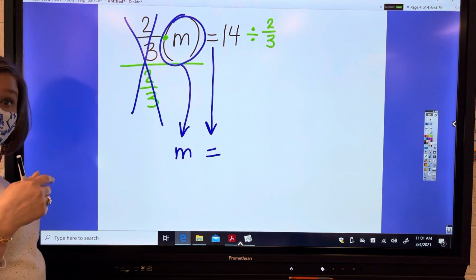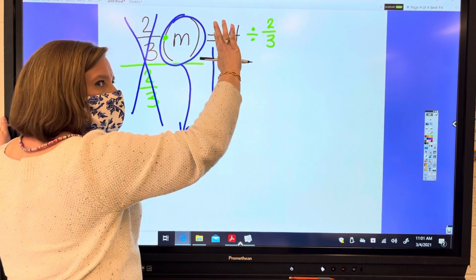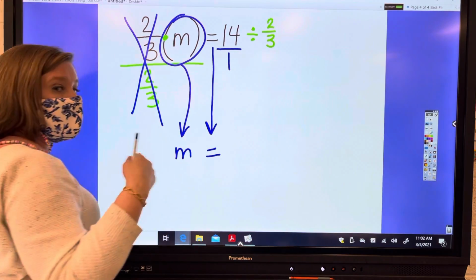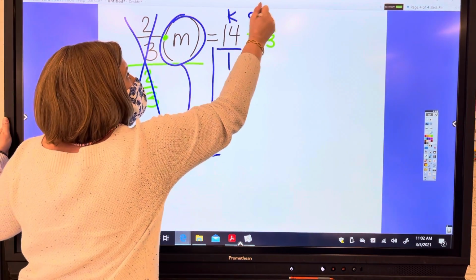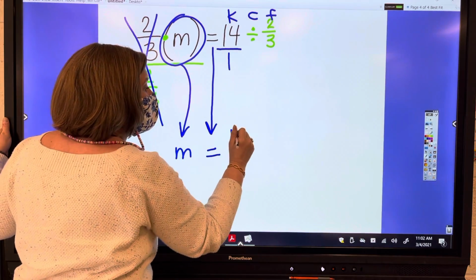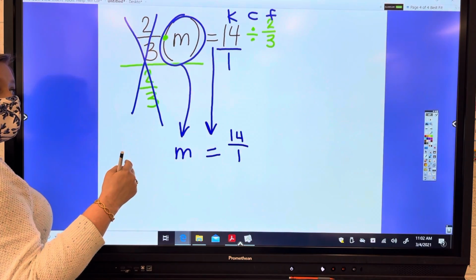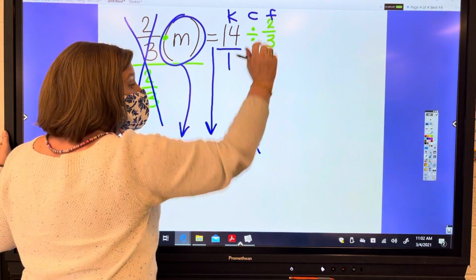Yes, we did it yesterday. What do I have to do to this 14 before I can go any farther? Add a 1 underneath. Now, what's our saying? Keep, change, flip. So I'm going to keep my 14 over 1, change division to multiplication, and flip 2/3 to